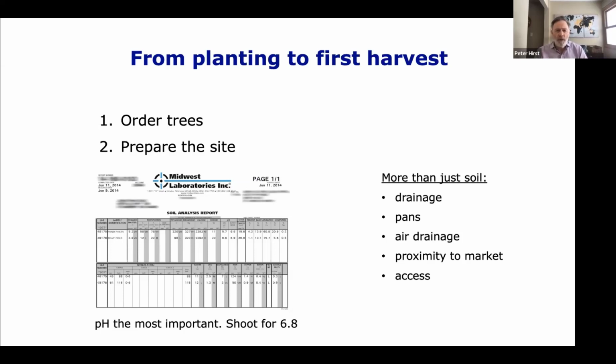Drainage. Most fruit trees don't like sitting in standing water, certainly not for very long. And an acre of orchard is a high dollar investment, much higher than row crops. So you want to plant your orchard on your best ground, and often that'll be your most well-drained ground. Pay attention to drainage, because if you don't, you're going to run into problems throughout the life